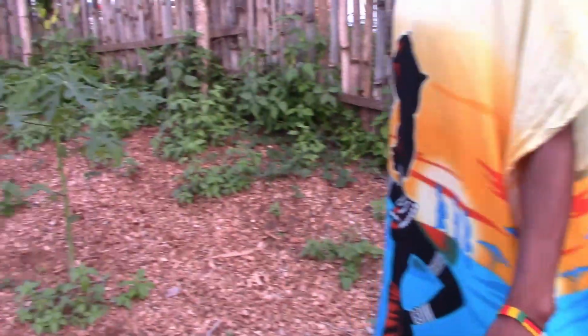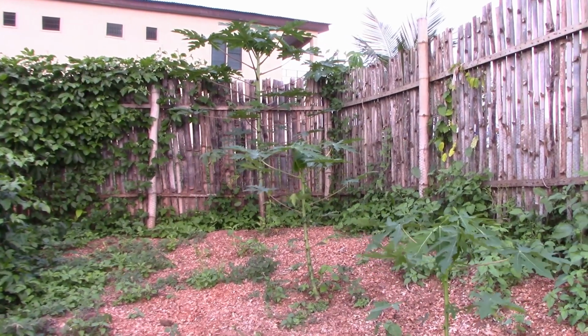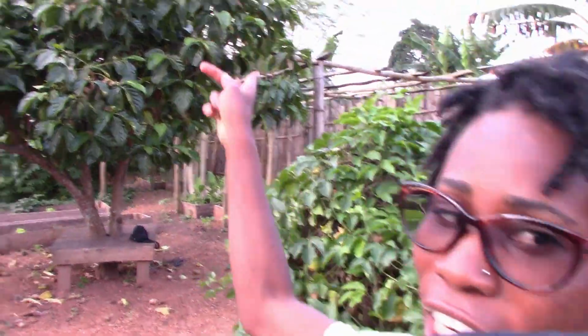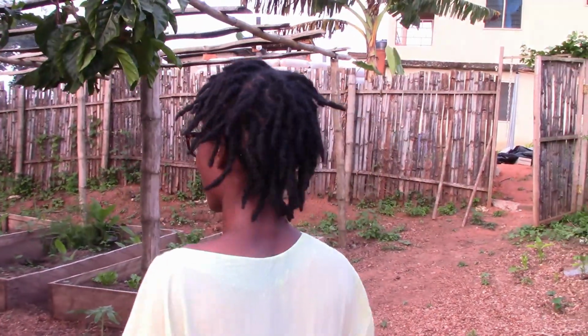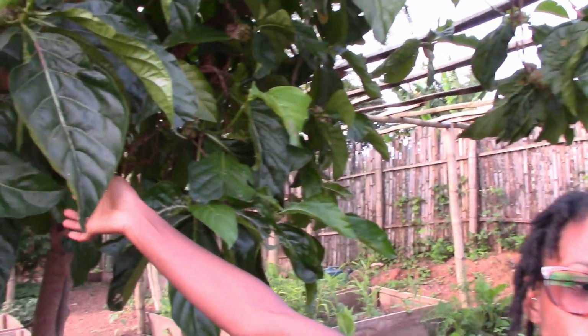We also have a lot of pawpaw trees growing along this row. And one thing that we enjoy most in this garden in this season is noni leaf. It has actually been in the garden for a while, and we were just thinking to ourselves, because of this whole pandemic, there wasn't enough seed or enough organic seed at our disposal at this time, so we decided to make use of whatever we have available, and this has proved to be very, very healthy,